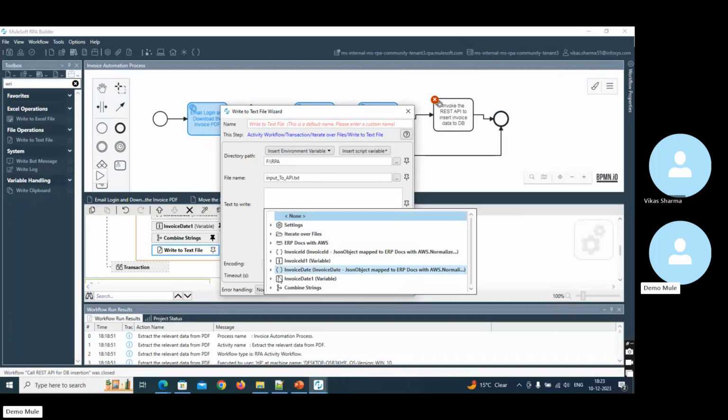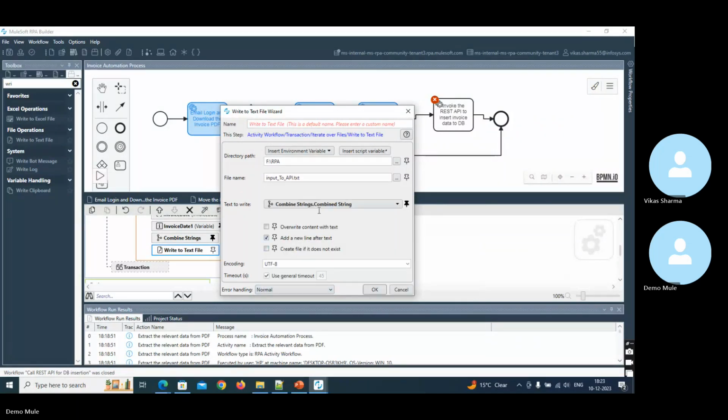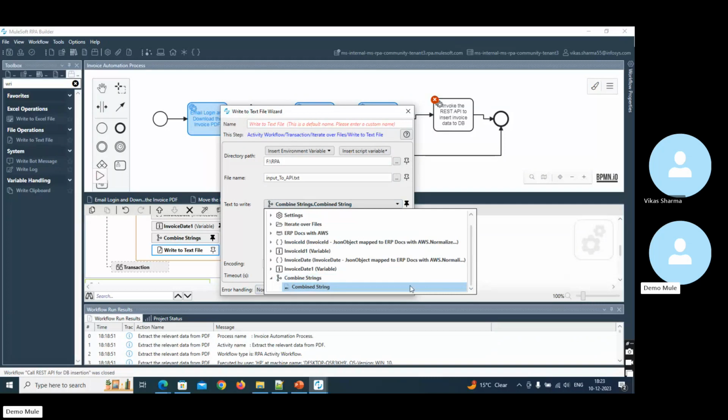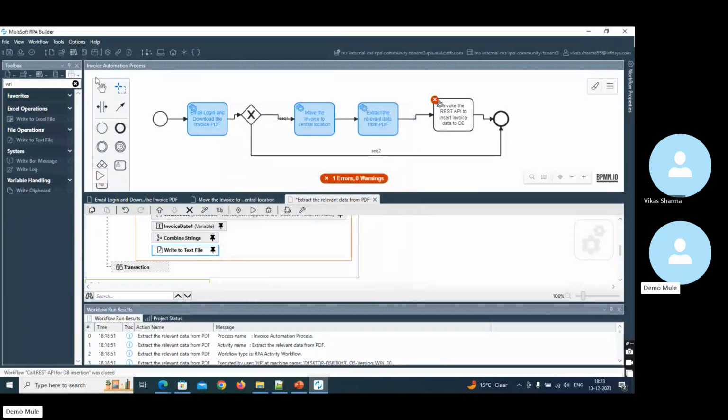What is the text to write? It is the combined strings. All good. Add a new file. Create a file if it does not exist. Press okay. Whatever we have written into the file,